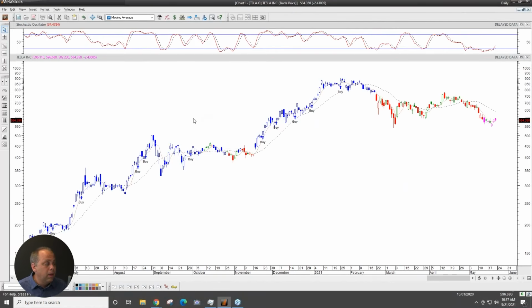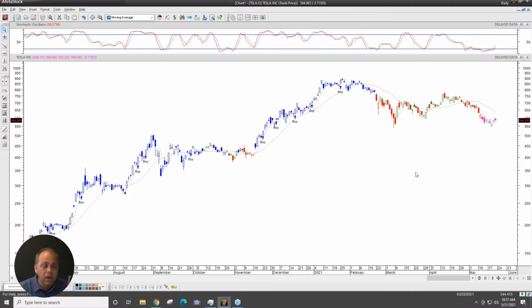I've got the Tesla chart open here, and I've got the Paragon combination of the Dow theory as well as the trend finding add-on. What you're going to see here is, when you're in an uptrend, it's going to automatically identify that by painting all of the bars blue. When you get a buy signal in that trend, it's going to give you the buy signals,